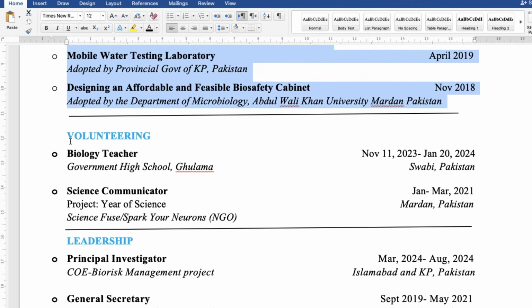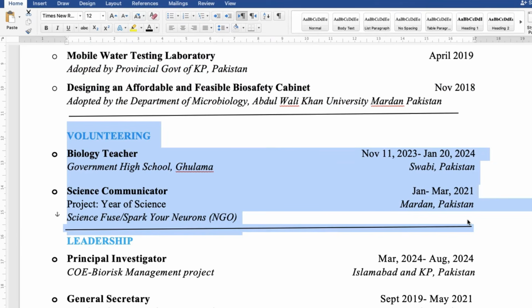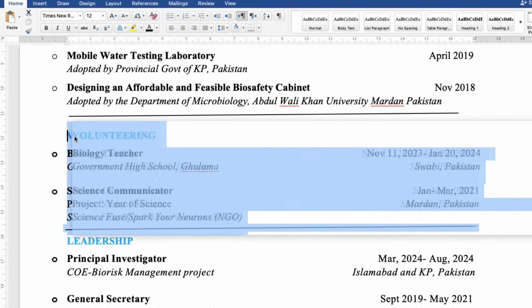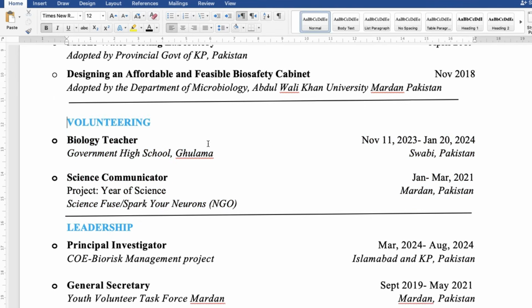Okay, volunteering, this one is necessary. If, for example, you are a student and you don't have a good record or strong things to mention in your CV, you should volunteer for your community. You should teach students voluntarily in schools. Like in this science communicator project, I would go to schools and engage students in fun learning, science stories, discoveries,